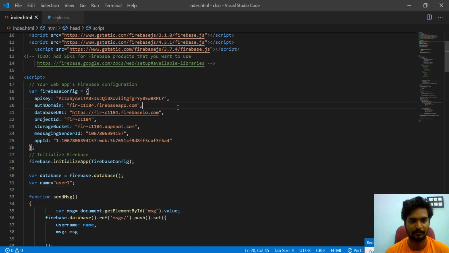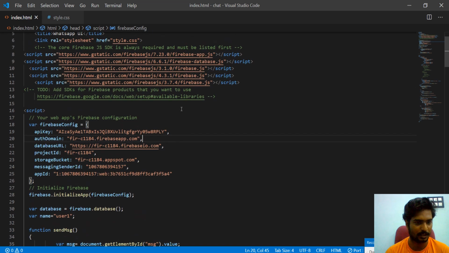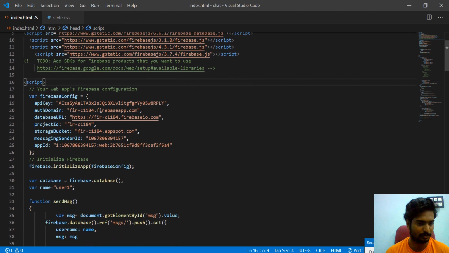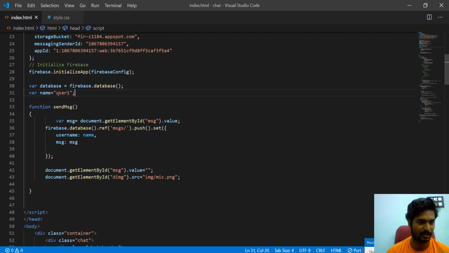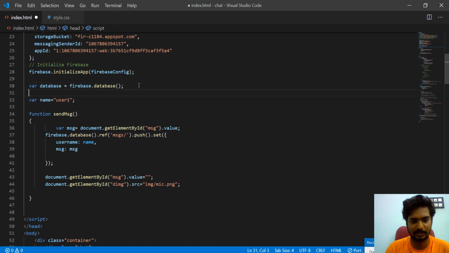Now I will write the code here in the script. This username, this user one here, has to be replaced. Before this we will write the script: we will create a variable for the URL string, which will get the whole string.